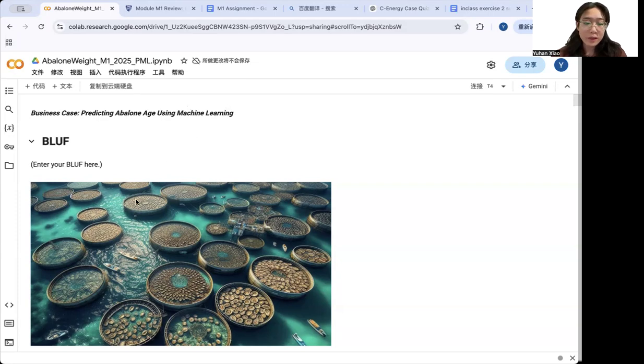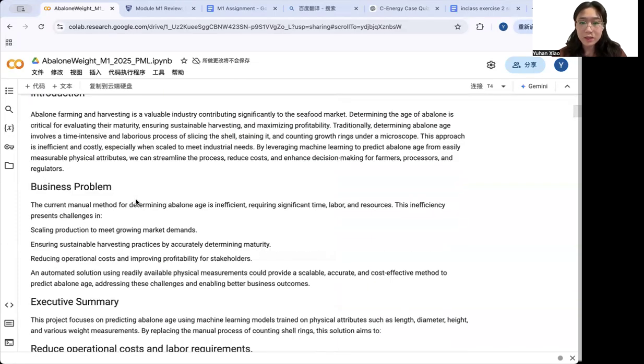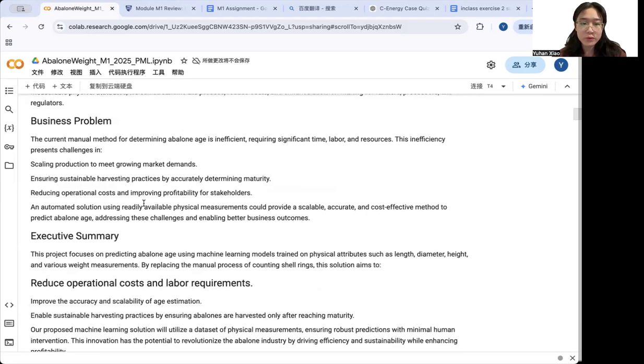Abalone farming and harvesting is an important industry, and the traditional method for determining the age involves slicing, staining, and counting growth rings under the microscope, which is inefficient and costly. So we aim to use a machine learning model to predict the abalone age based on physical attributes such as the length, the diameter, the weight, etc., replacing the traditional method to reduce the cost and improve our